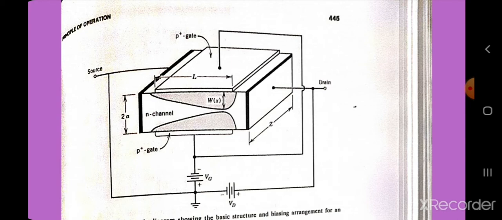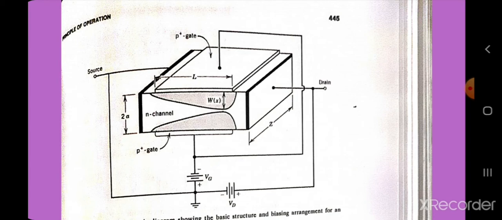During the operation of the device, one of these two contacts is connected to the negative terminal of the supply voltage, and this is known as the source electrode because it serves as the source of electrons for the current in the channel. The other contact is connected to the positive terminal of the supply, and it acts as a sink for the electrons flowing out of the channel. This is called the drain electrode, or simply the drain. Each of the two P+ regions is called the gate. The P+ regions are shown in this figure over here.